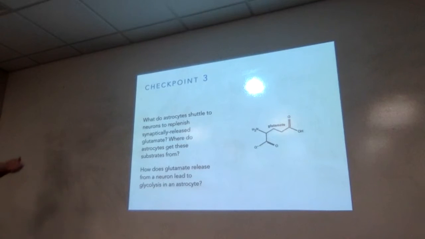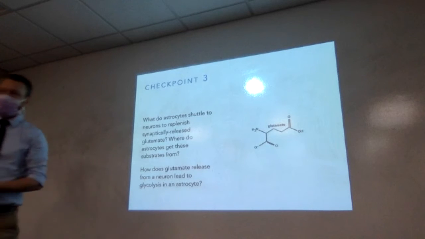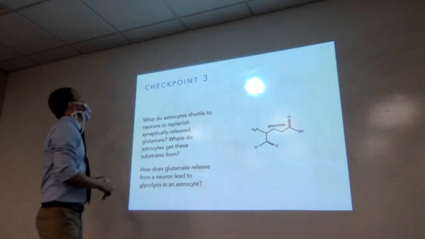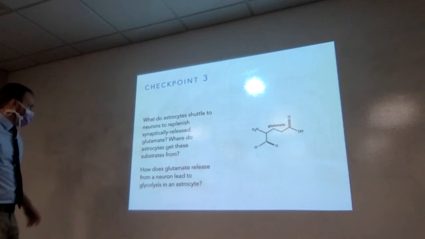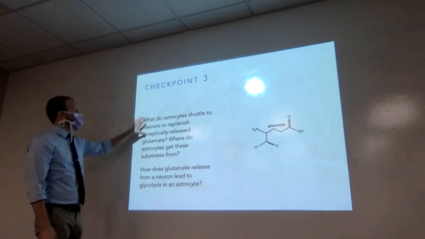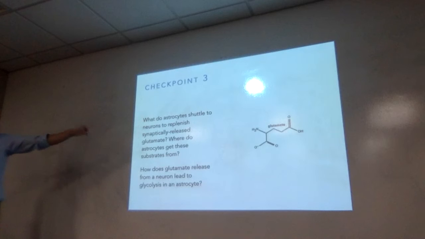When I think about astrocytes, I like to think of them as mothers, and neurons are the little babies. I think I've said that before. So, mother has to feed baby. What are we going to send over to neurons to replenish their glutamate? Let's just think about the glutamate here. Because when you spit out glutamate, well, now it's gone. You got to remake it.